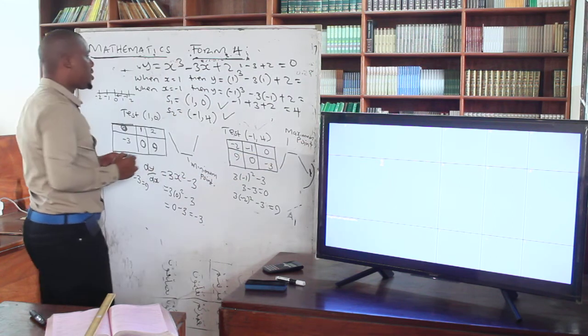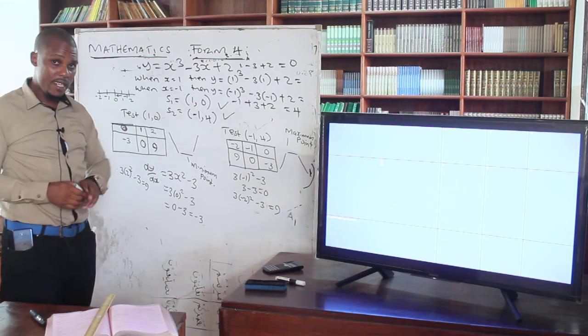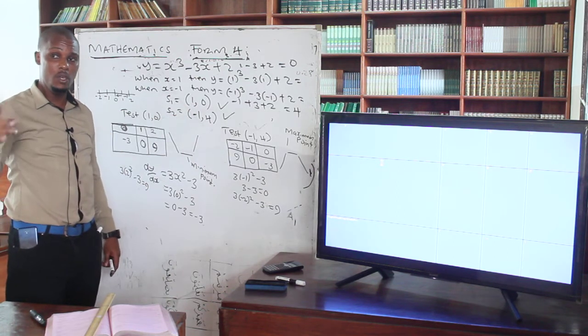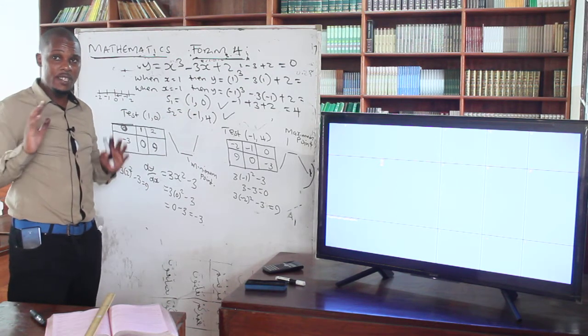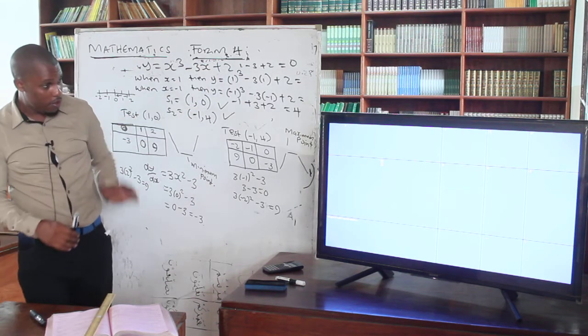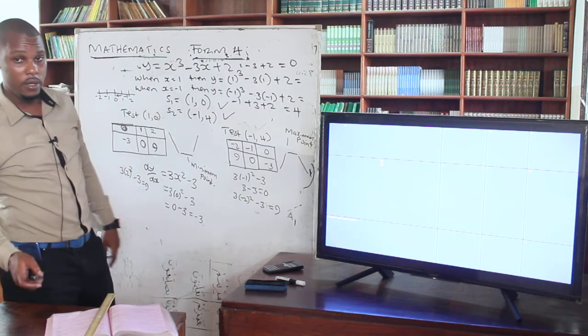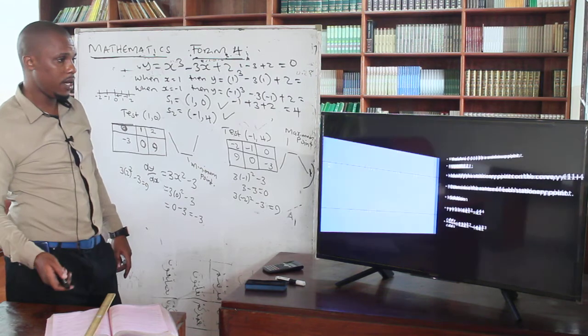So when you are factorizing the gradient equation, mostly it will be a quadratic and it will give you 2 points. In most cases, it is not going to give you 1 point. When you get the 2 values of x, you go to the main equation, then you go to the test. That's what I'm saying, so you can see what we are talking about.